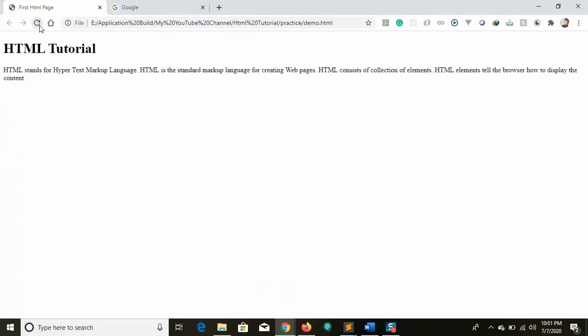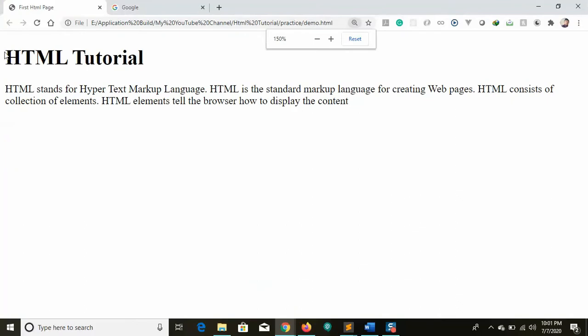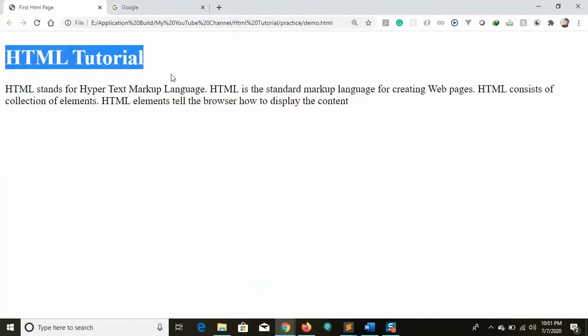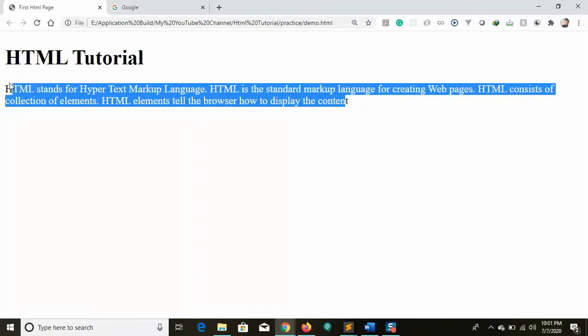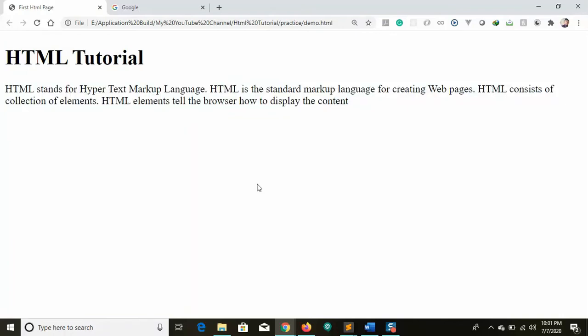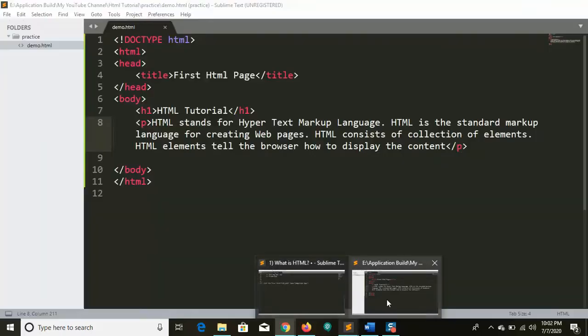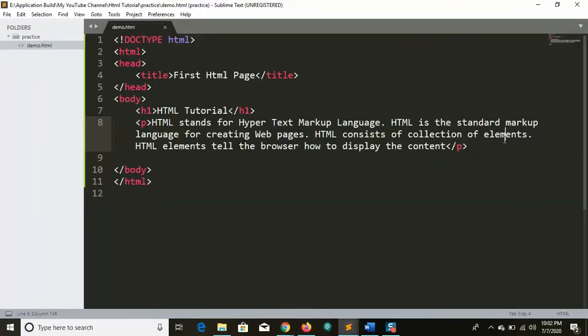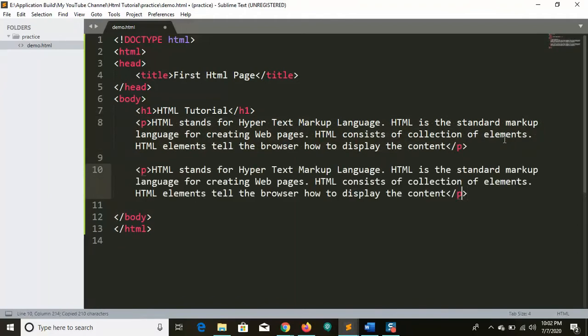Let's see how our content will be displayed. Just reload. You can see the HTML tutorial, and you can see the paragraph. Okay, so this is one paragraph. If you want one more paragraph, you can create it. Creating another paragraph is very simple. Copy and paste. You can have your own content.